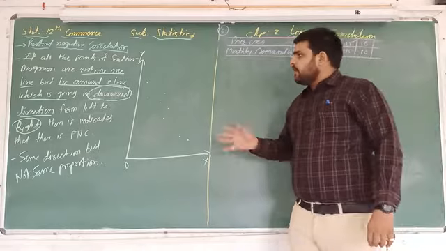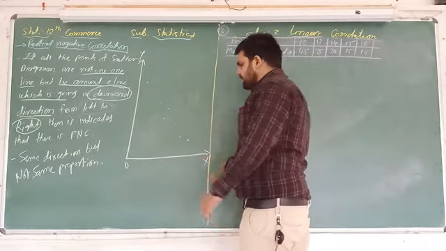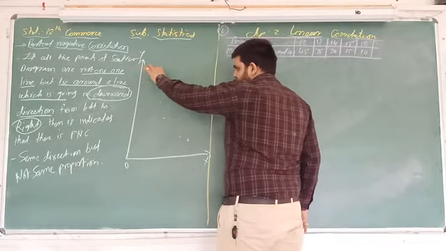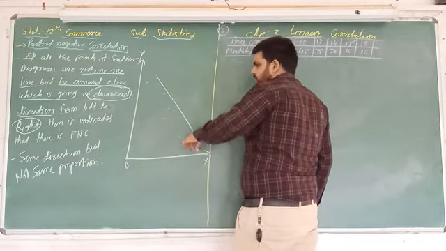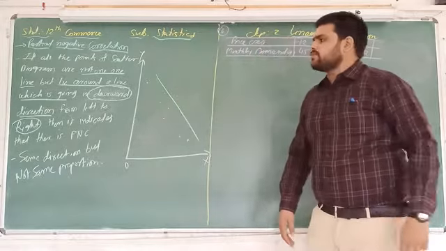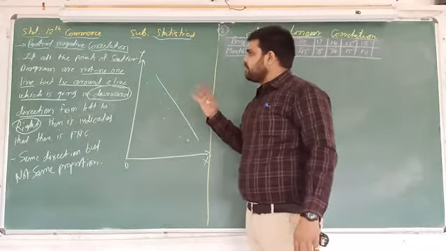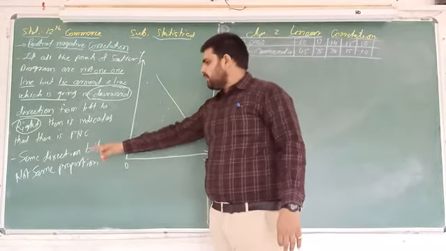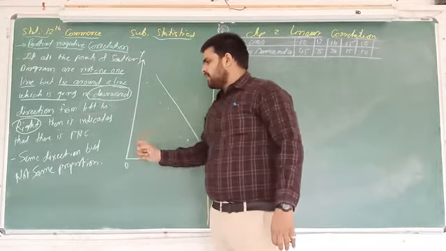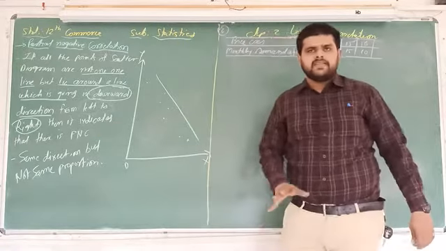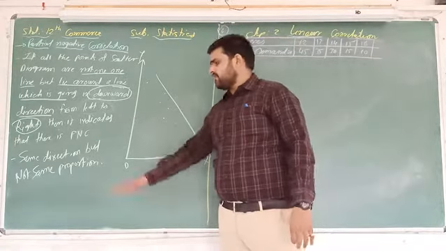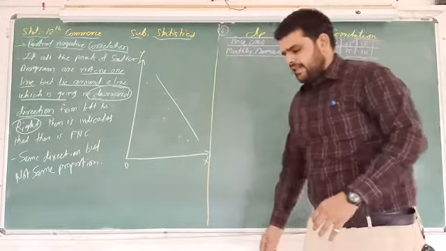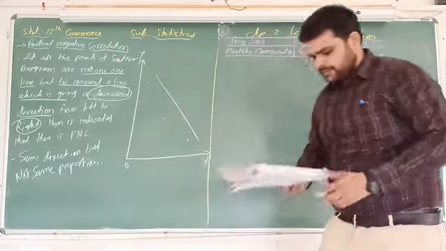Once again, all the points are not in the same direction. See, these points are not in the same direction, but they are partially downward from left to right. That is called a partial negative correlation. How is it possible? All the points are in the same direction, but the proportion is not the same. In this situation, this condition happens. Now again, we will take one example regarding this. So here is example number 4.